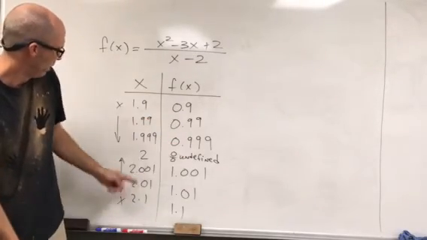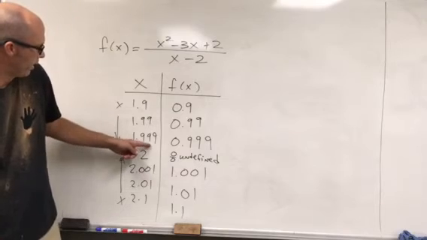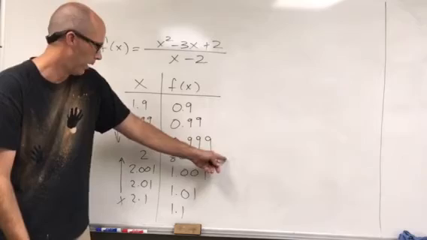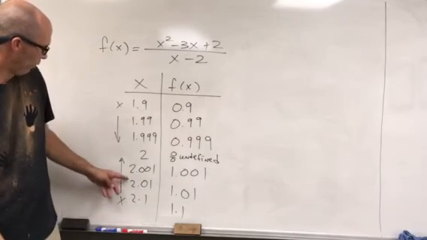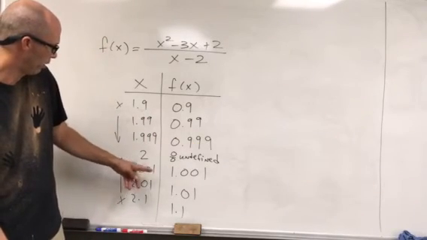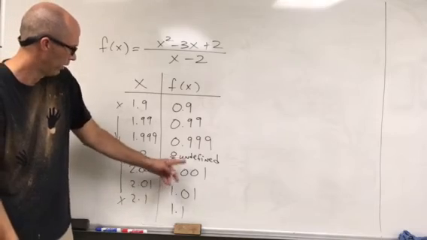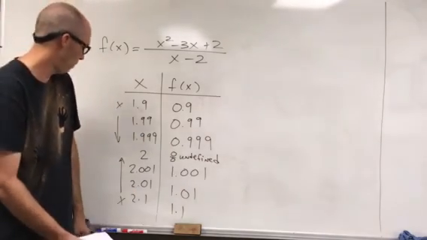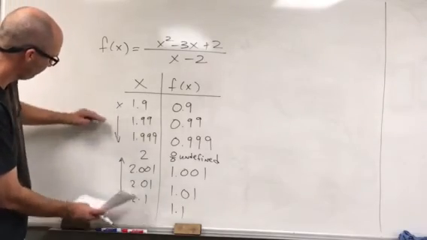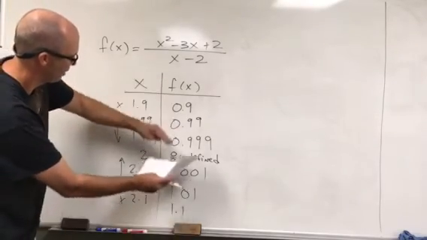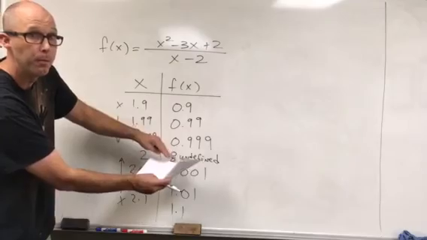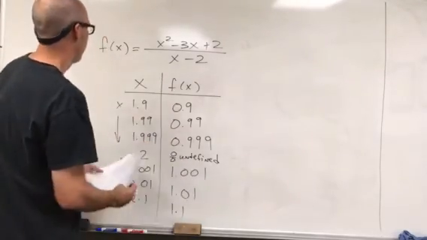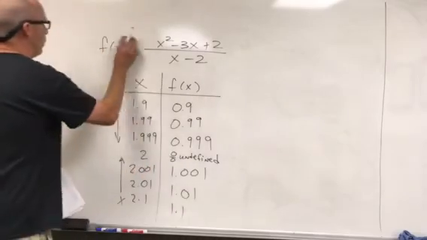You can see that if we did 1.9999, four nines, we'd have 0.9999, right? And if we had 2.0001, we'd have 1.0001. So as x approaches 2, f of x narrows in on 1. It gets as close as we want to 1. So here we would say